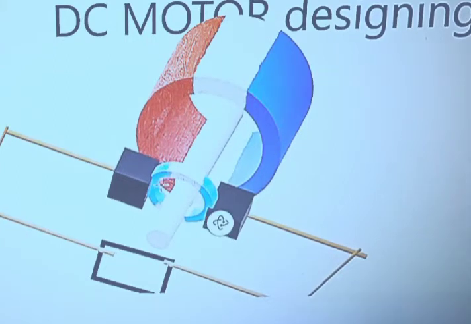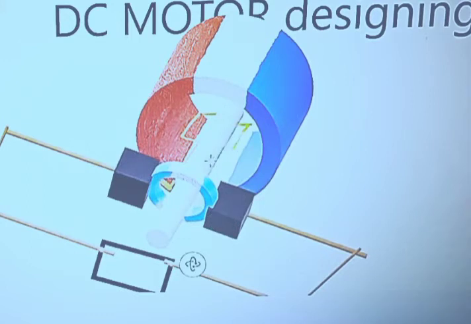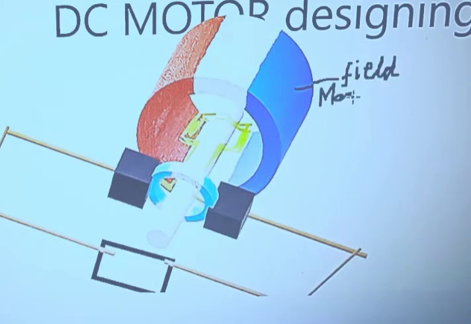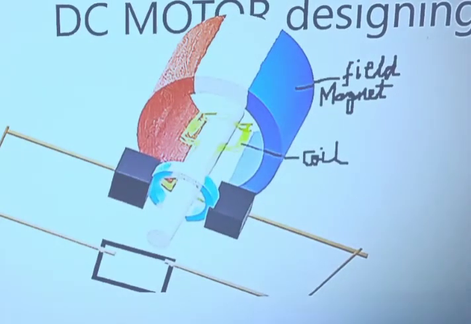Let us suppose that is our cell, and now I am drawing a coil. The two ends of that coil are connected to these split rings. So when current flows through the circuit, this coil rotates, and with that coil these split rings rotate, and